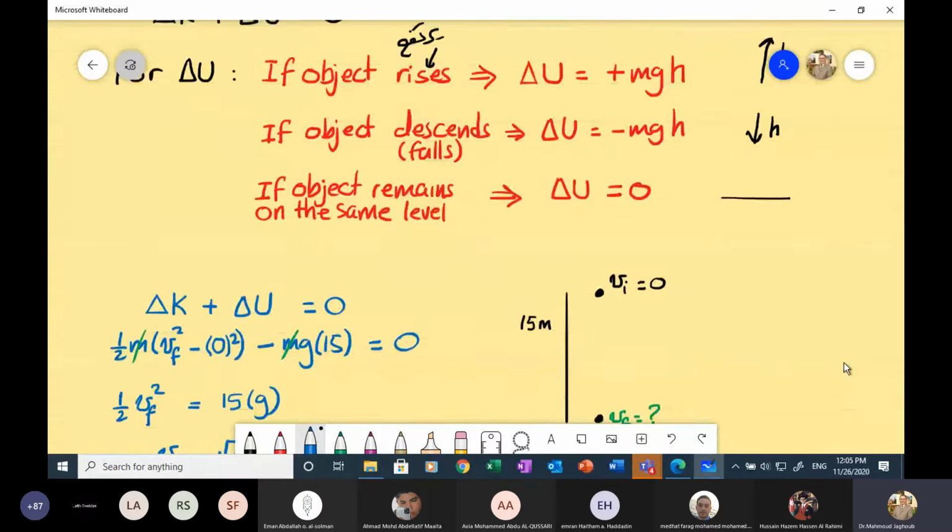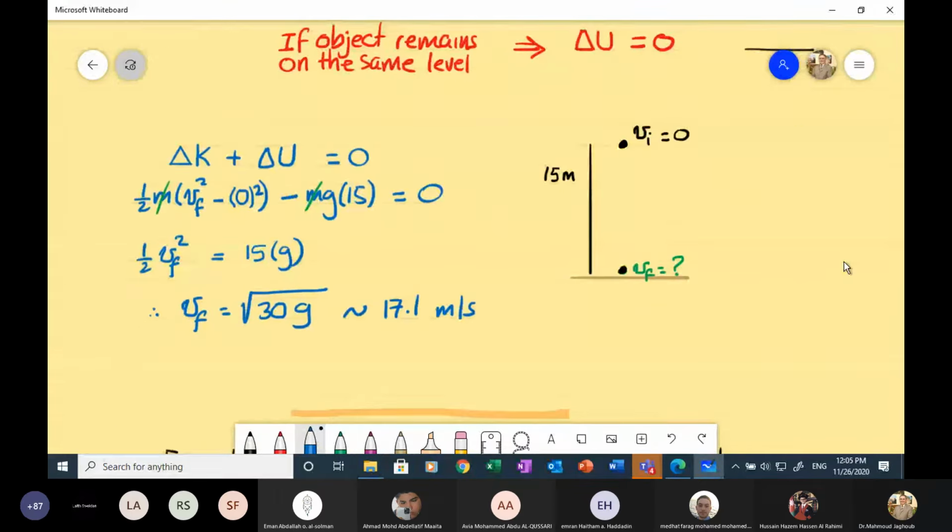So let's do this question. Delta K plus delta U equals 0. Delta K is half m times V final squared minus V initial squared. Then comes delta U. Now, the object, did it descend or ascend? هو انخفض ولا ارتفع؟ Descend. شو بنحط إذن؟ Minus mg times